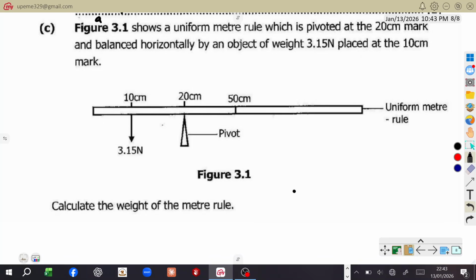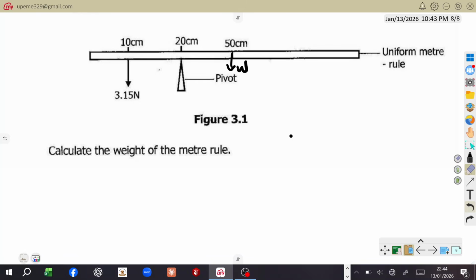Again, weight is at the 50 mark. That's where the weight is. Same style, guys, same style. Once you understand these things, same style. So we just need to know the distance from here to there. 20 minus 10, 10. Then from there to there, 50 minus 20, 30. So from here to where the weight is, it's 30